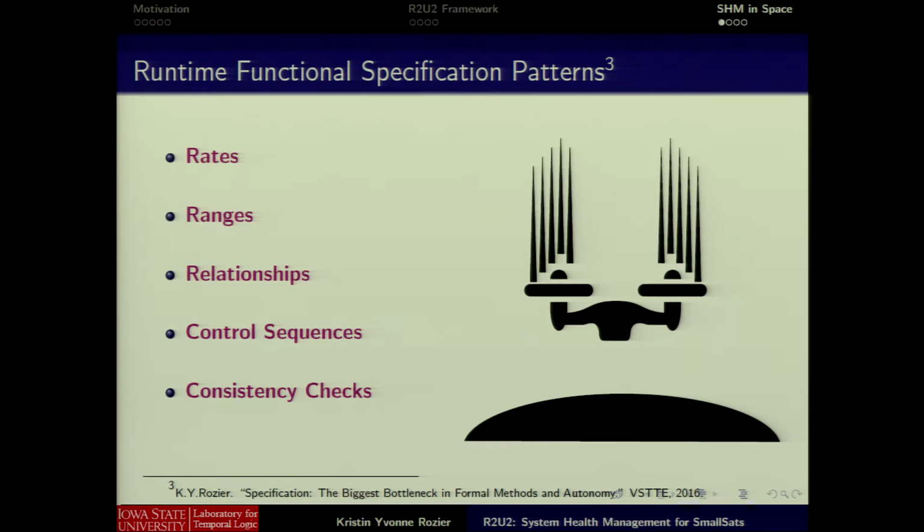So going back to the Schiaparelli lander, we notice that, for example, rates are one of the things that we commonly want to have sanity checks for. You can't fall faster than gravity, right? So we want to have sanity checks for each type of place in the system where there might be a rate of change that should fall within some expected value, give or take sensor noise and that sort of thing.